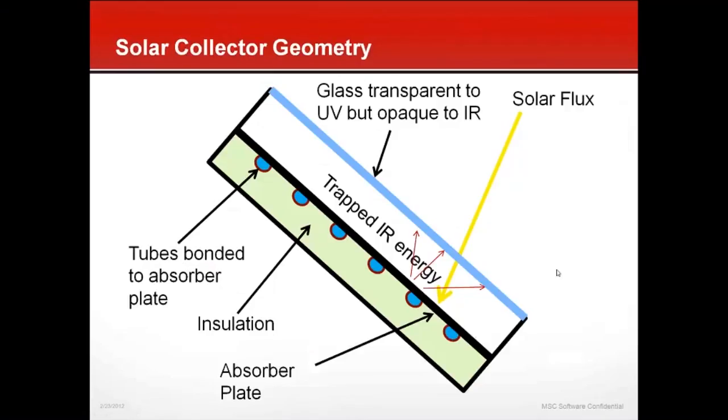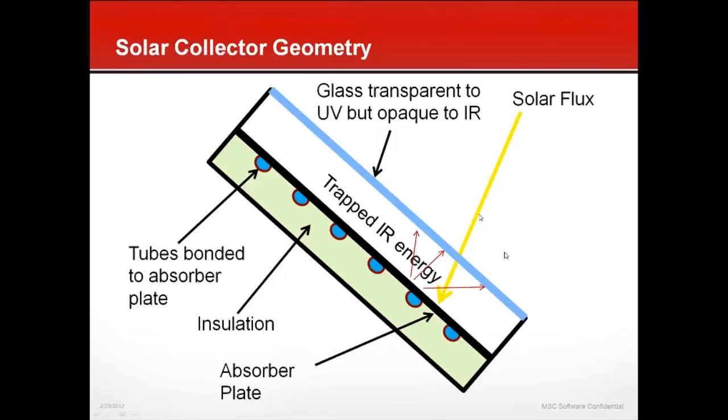If we look at a cross-section of it, there's some glazing here that actually is used to keep this plate hot. It keeps the air from blowing directly on this absorber plate. Some pool heaters won't use glazing. They'll just have, usually made out of plastic, a plate with tubes hooked to it, and they don't get nearly as high a temperatures. But when you put the glazing on there, you get this trapped energy in here,